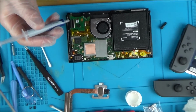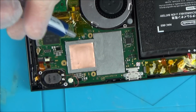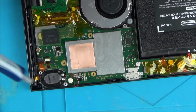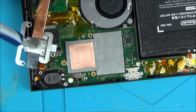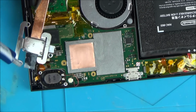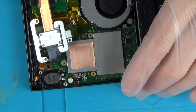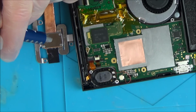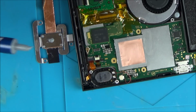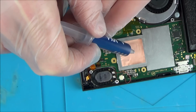Let's zoom in for this bit so we can all have a nice argument. What I'm going to do is put it in the middle of this bit here, because this is where I actually need it. So I'm going to put a little bit here. Hold on now, hopefully this won't come zooming out. Let me put it here so I don't short anything out because I've got the battery connected now. Right, okay, there. I would say that is half a pea, and then I'm going to put the other half of a pea